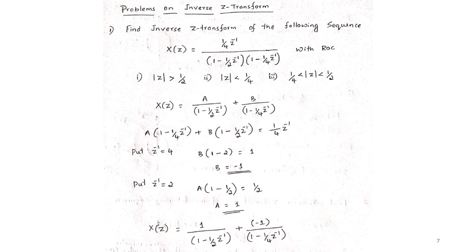Now to apply the partial fraction method, I write it in a general form. So X of z is equal to A divided by 1 minus 1 by 2 z inverse plus B divided by 1 minus 1 by 4 z inverse. You can use some other constants also. You can use k1, k2, a1, a2 in any problem. So here I used A and B. You need to find out the values of A and B. To obtain A and B, I just cross multiply this equation. It is A into 1 minus 1 by 4 z inverse plus B into 1 minus 1 by 2 z inverse is equal to 1 by 4 z inverse.